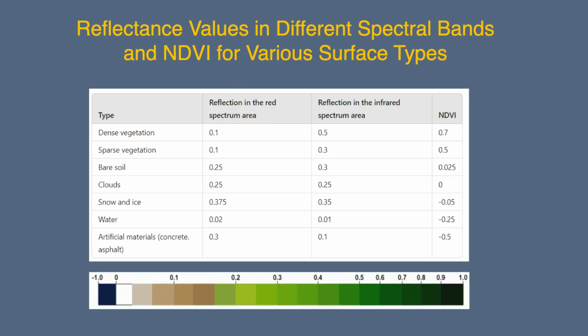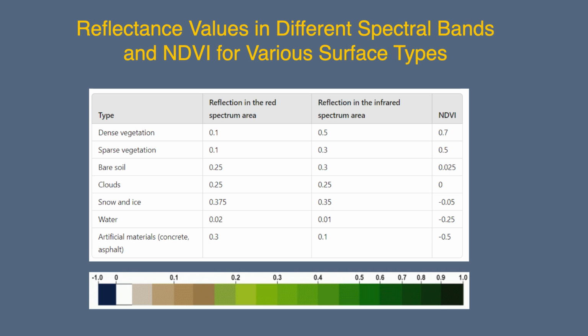The normalized difference vegetation index produces values ranging from -1 to +1, where the value corresponds to the type and health of the surface being observed. NDVI values close to 0 or slightly negative are common for water, as water absorbs most wavelengths and reflects very little infrared or visible light.